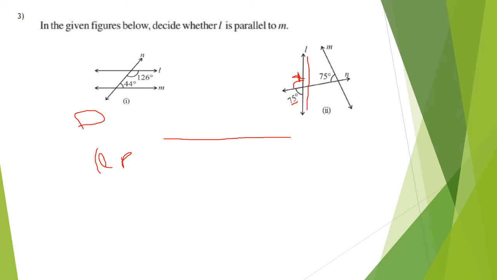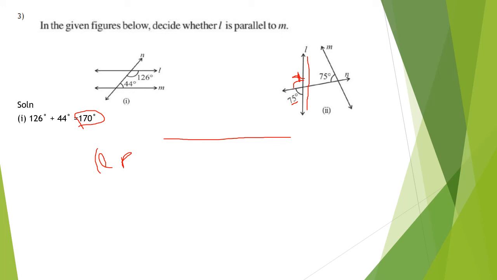So when you add them, what is the property? The sum of two angles on the same side of a transversal, or else the other name, co-interior angles, will be equal to 180 degrees. So 126 degrees plus 44. If you get the answer 180 degrees, then we can say that L and M are parallel lines. So check the solution for the first question. 126 degrees plus 44, what are you getting? You are getting 170.